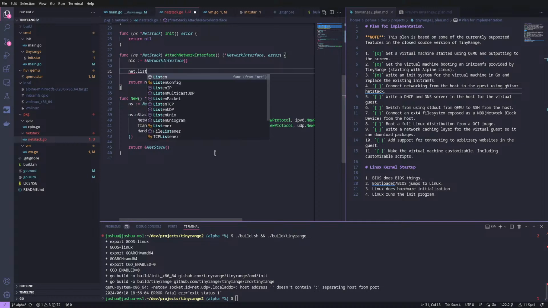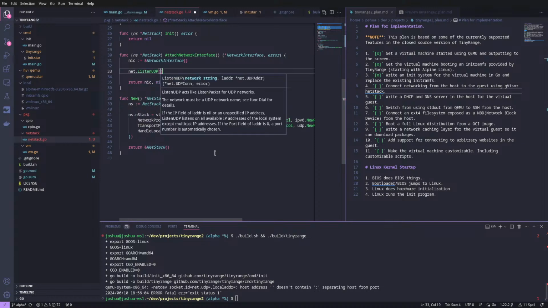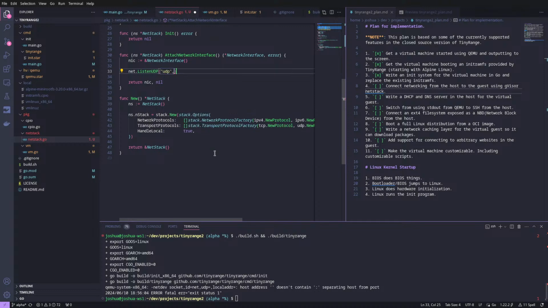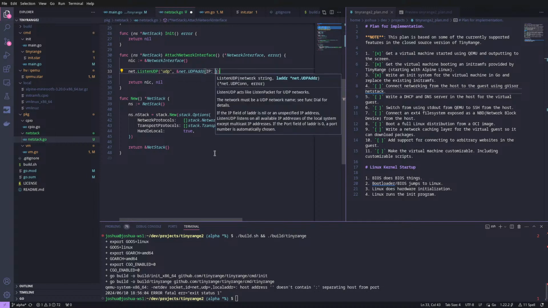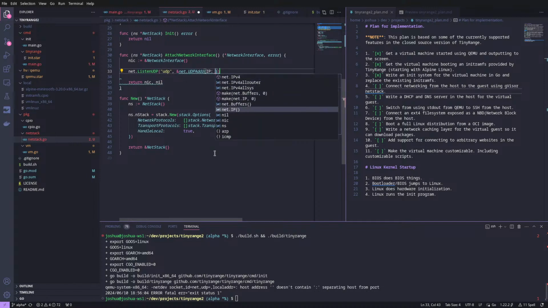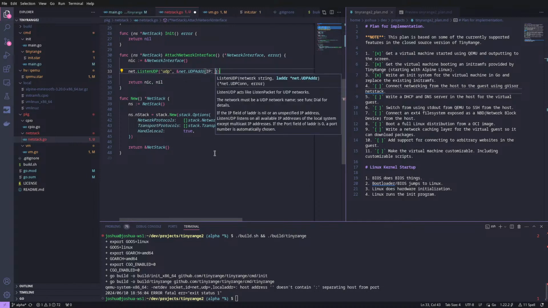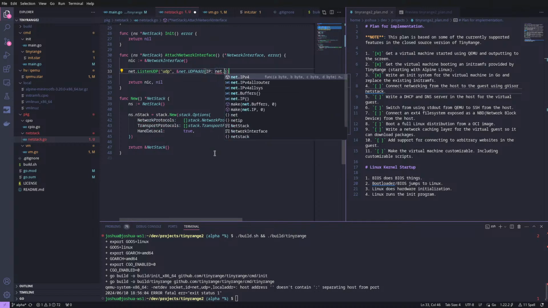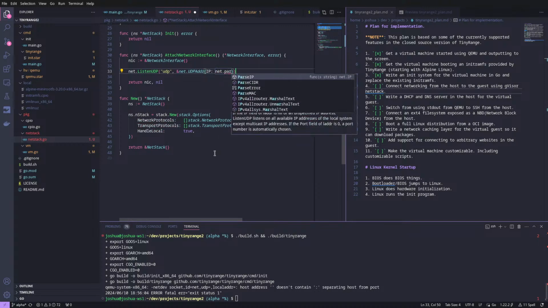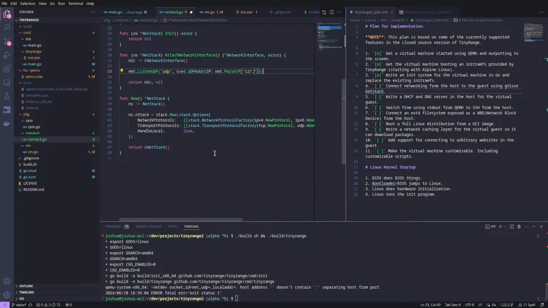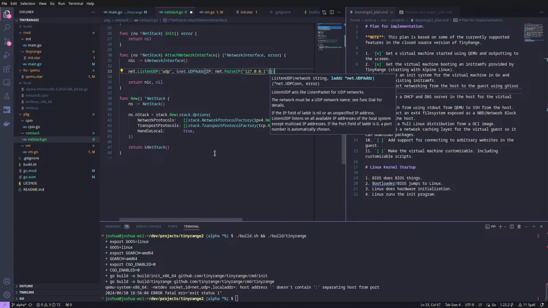So net dot listen UDP, IP is net dot IP 127.0.0.1 and